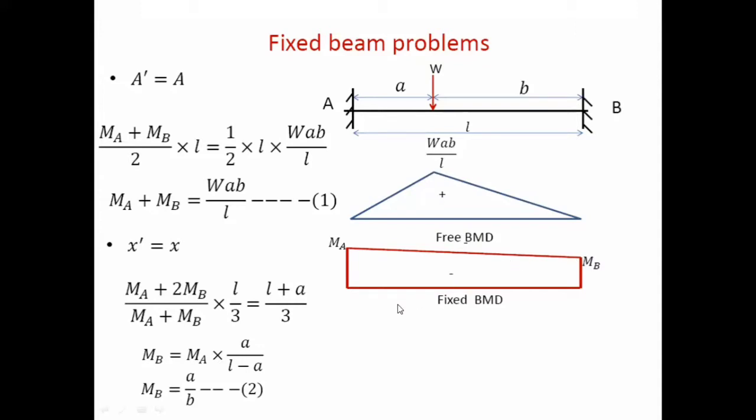We have freedom to consider any moment as higher, any moment as smaller. In the earlier derivation, we considered MA value smaller, MB as higher. Here we are considering MA as greater value and MB as smaller value. So it will be in general a trapezoid like this. Okay, a trapezoid like in red color that we have shown. Now we have to find out what is the area of this red color fixed BMD, and how much is that?